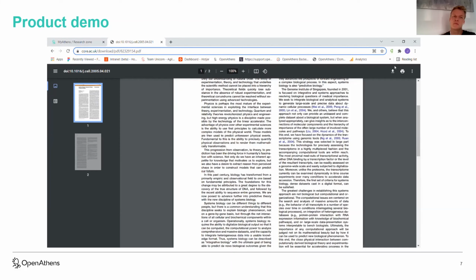And as I said earlier, one of the things we're really excited about being able to do is start to offer open access content alongside that paid for subscription content that MyAthens already handles really well. Being able to offer those two parts of the kind of content universe in one place is really powerful. And this is, as Petr said, probably going to be one of those first steps along that road. There's definitely, as you've seen, lots more we can do with Core and with open access generally. And we're really excited about the future for these kinds of integrations within MyAthens.